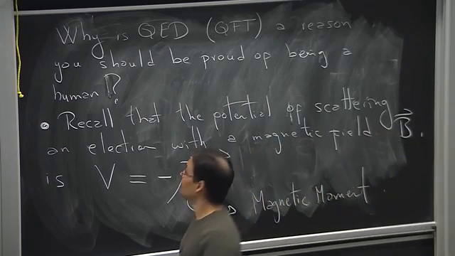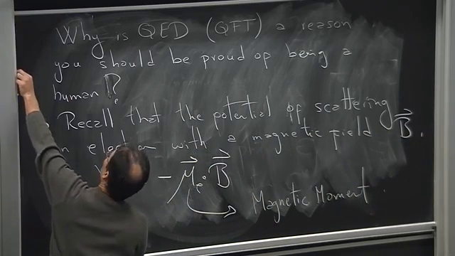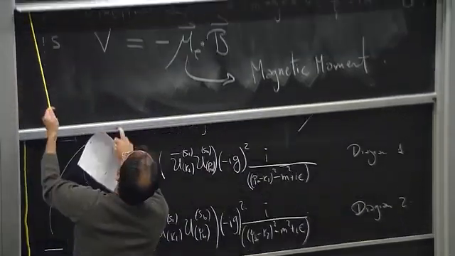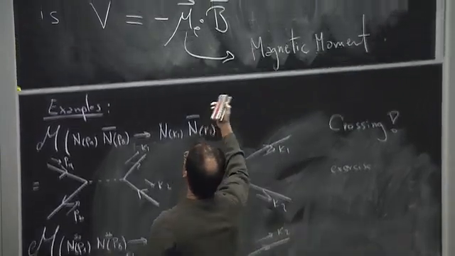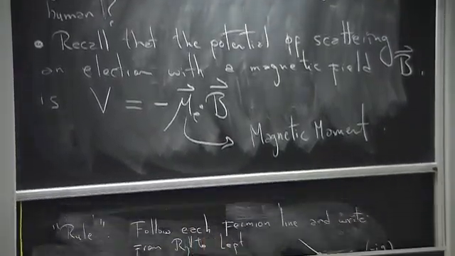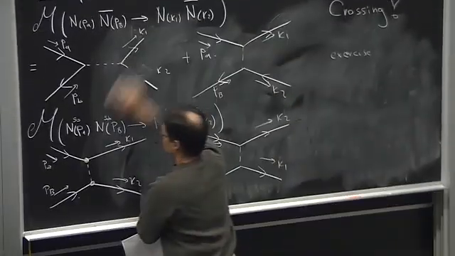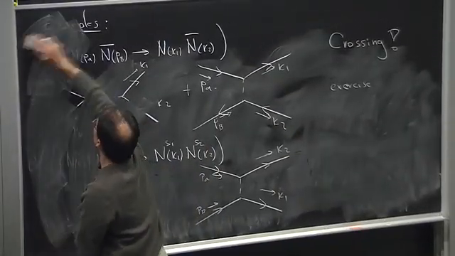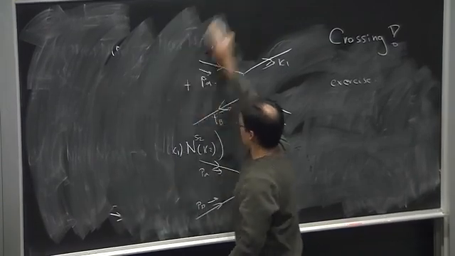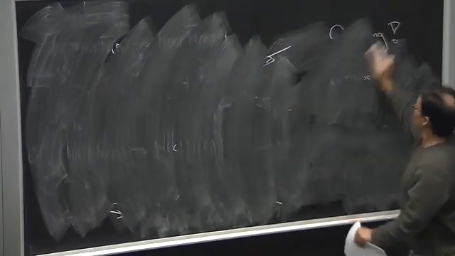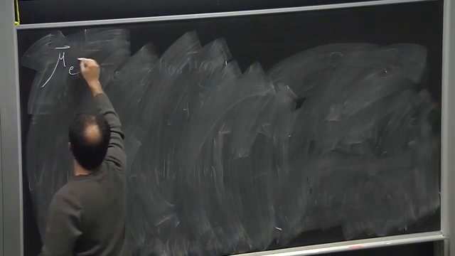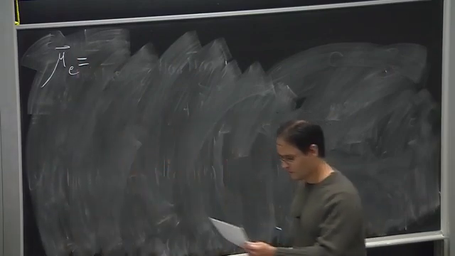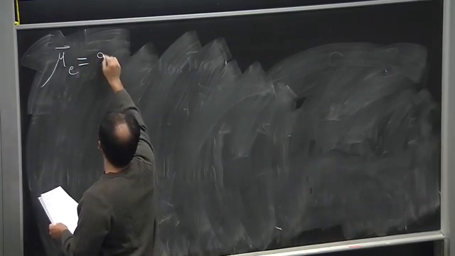And the magnetic moment of the electron, which you should remember, is written as